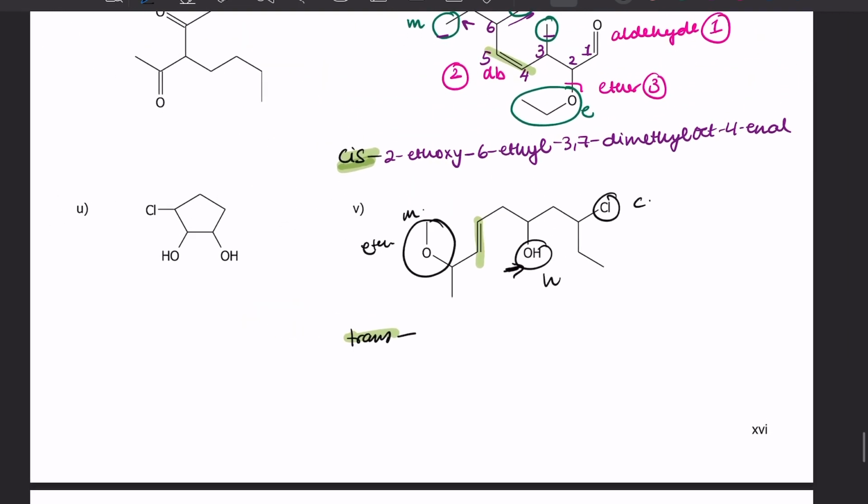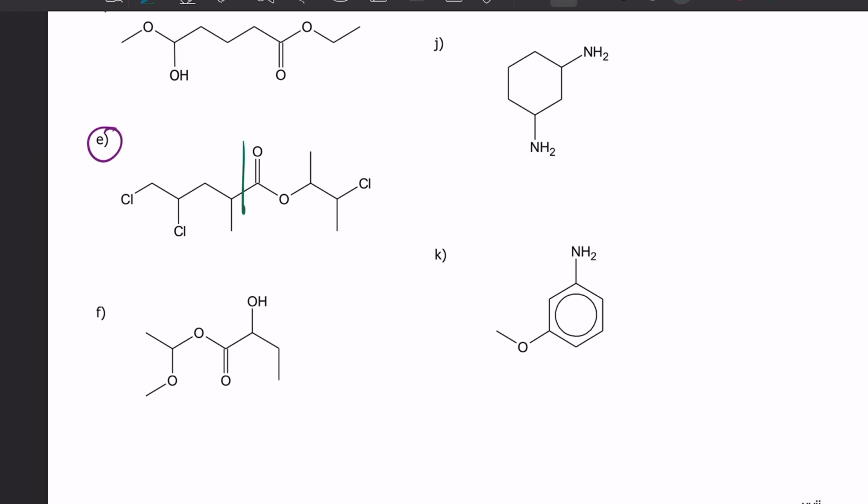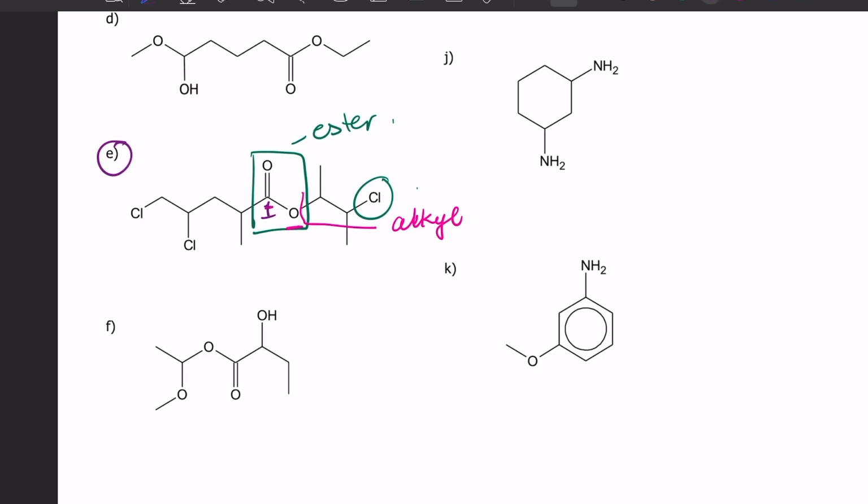Practice 5. Let me pick ones that look interesting. Let's look at E. Let's find the functional groups present here. So the first thing I notice is there is an ester, chlorine, chlorine, chlorine. So esters are named as alkyl alkanoates, where the alkyl part of the name comes from the carbon chain that is attached to the oxygen. So this will become your alkyl, and the carbon that contains the carbonyl carbon becomes the alkanoate part of the name. So we'll start the numbering here. 1, 2, 3, 4, 5. So this is a pentanoate,